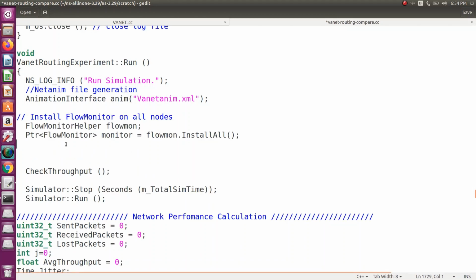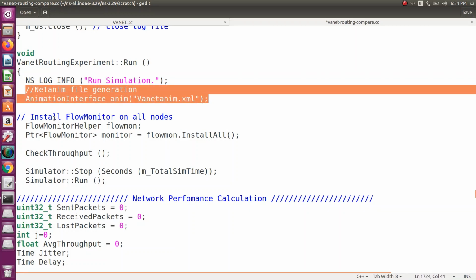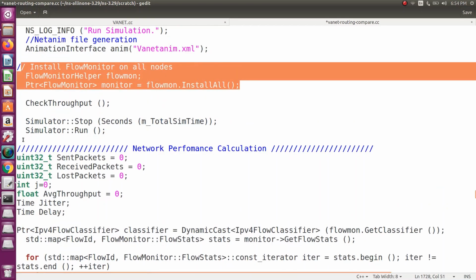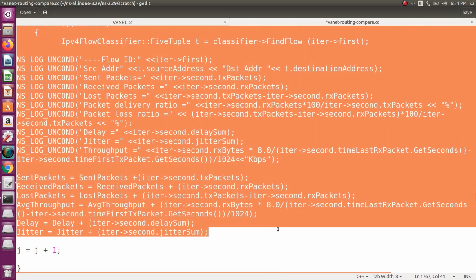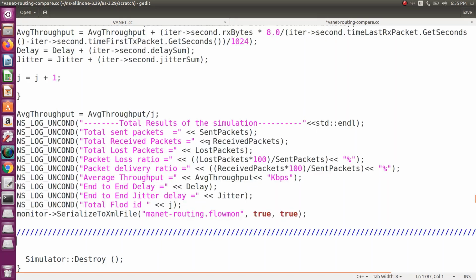Before your simulation run, we added two files: one is the NetAnim file, and the other is the flow monitor file. Then after the simulation starts, we added these codes for calculating the different parameters of your network. So these are the three things we added.